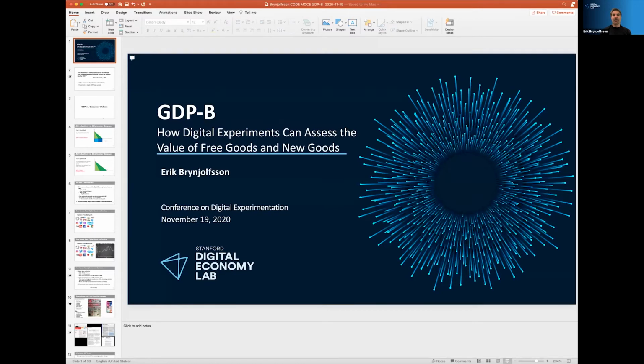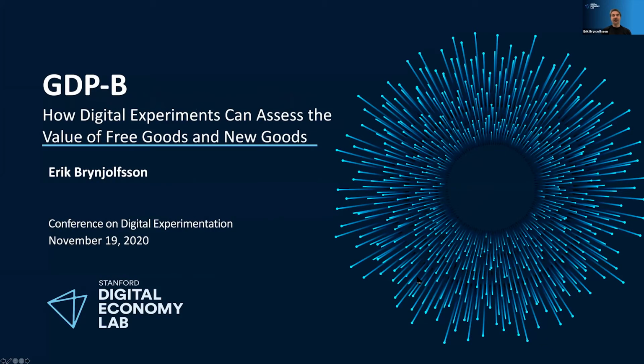What I'm going to talk about is a new way of measuring well-being in the economy using massive online choice experiments. So let me just share my slides here. And we call this GDP-B. The B stands for benefits. It's an alternative that can be used alongside traditional GDP. And really a key enabler of this has been the ability to do lots of online experiments, sometimes at massive scale, and allows us to measure free goods and new goods that are otherwise basically missed from the GDP statistics and therefore a lot of our discussion and well-being.